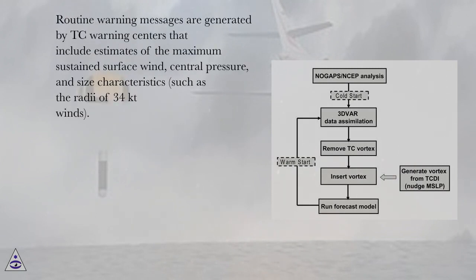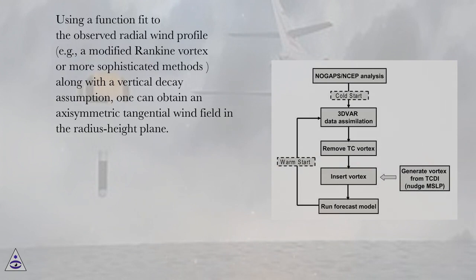Routine warning messages are generated by TC warning centers that include estimates of the maximum sustained surface wind, central pressure, and size characteristics, such as the radii of 34 knot winds. Using a function fit to the observed radial wind profile, for example, a modified Rankine vortex or more sophisticated methods,